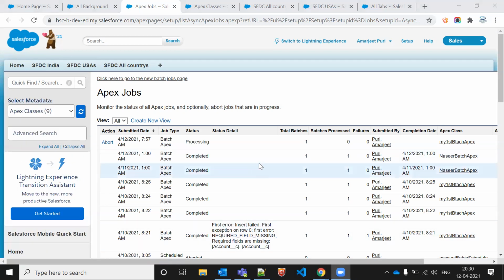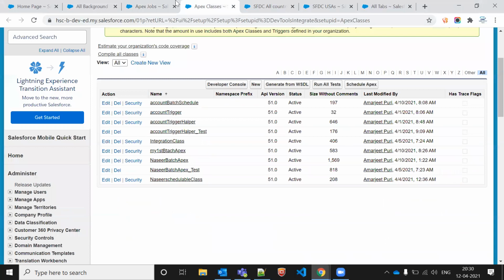That's why this is a batch apex. So this is a good learning for batch apex, how it is taking some time. Once a resource is available, then it will execute, otherwise it won't be executed. That's why we are saying batch apex is an asynchronous call. We don't need to be waiting, so we can do our other work parallelly as well. Okay, so let it be.